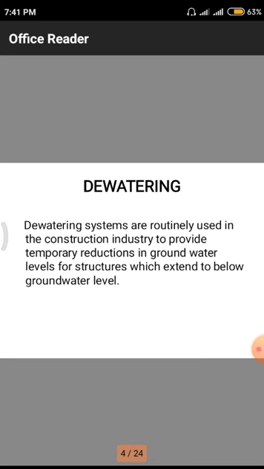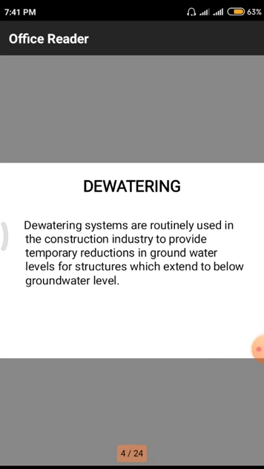Because in olden days these dewatering techniques were not implemented. Why? Because in the olden days we had only small structures. Small structures means only 2-story or 3-story buildings. Whenever we have a necessity of constructing a huge quantity of dams and other structures, we need to focus on dewatering systems. These dewatering systems were implemented in the year 1965 itself. After that, the utilization has been increasing day by day due to the rapid urbanization in the cities.